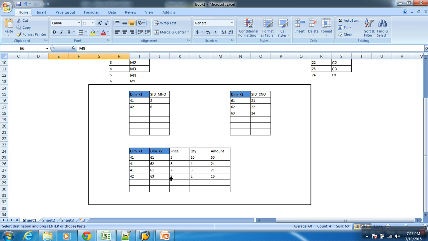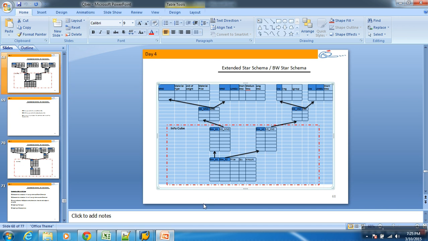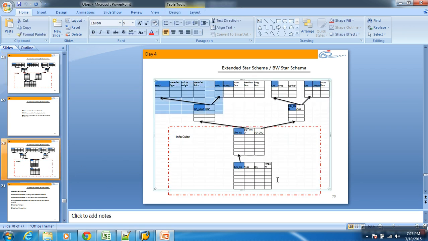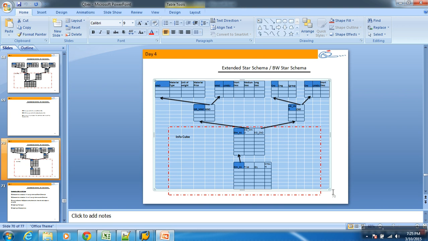Does it maintain history? Yes, it will maintain history, right? When I keep adding, it is maintaining history inside the fact, inside the cube. Master will not maintain history. It will maintain only the latest truth, the present truth. But you can still model to hold history also. We'll see that later. Did you understand this point? Even if you know this point, the next logic is we need to understand this.